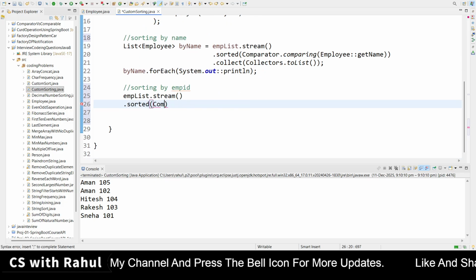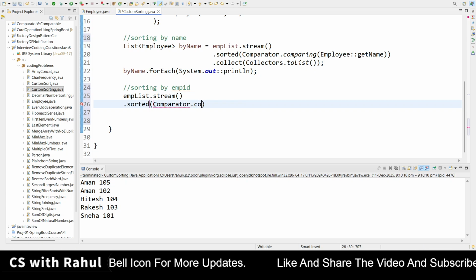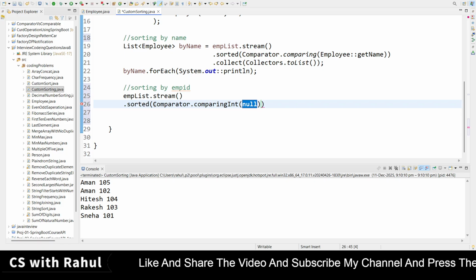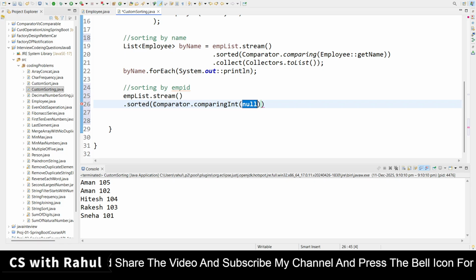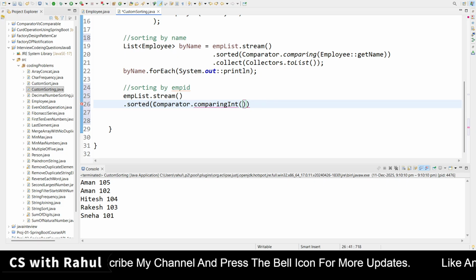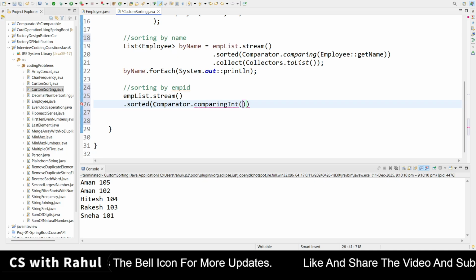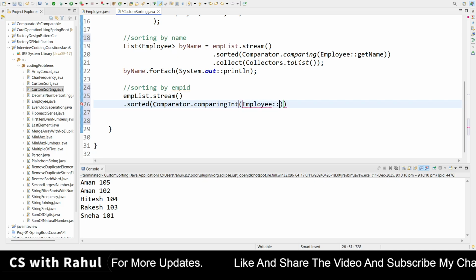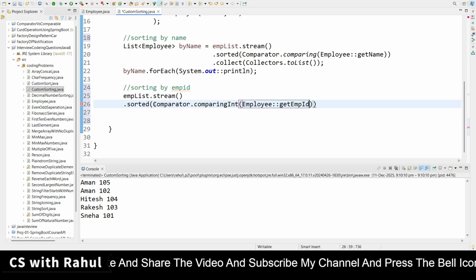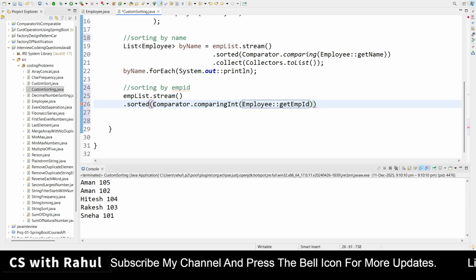Here you have to provide a Comparator.comparingInt, because employee ID is an integer. I will provide the same thing, like the Employee method reference getEmployeeId. So now it will return the employee ID just to compare the custom objects.